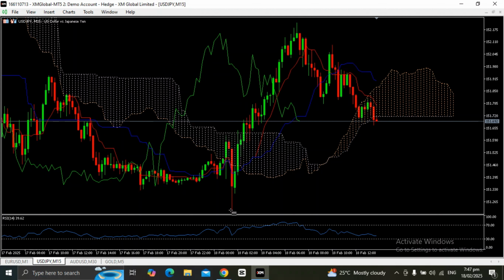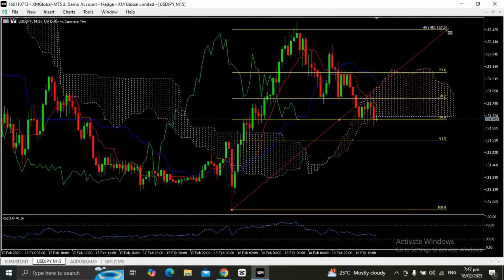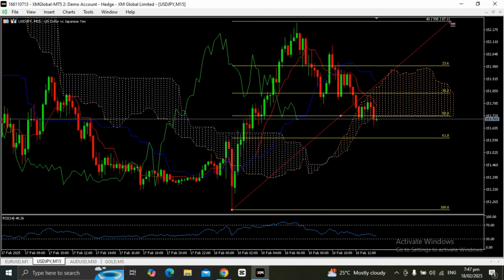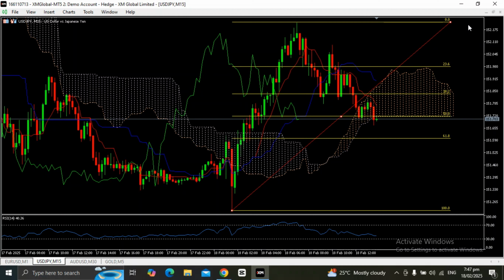Okay, this will be your base, and then you move your mouse up to the first, or the immediate highest price there. Now these levels 0, 23.6, 38.2, 50, 61.8, and 100 are your resistance or support depending on where your